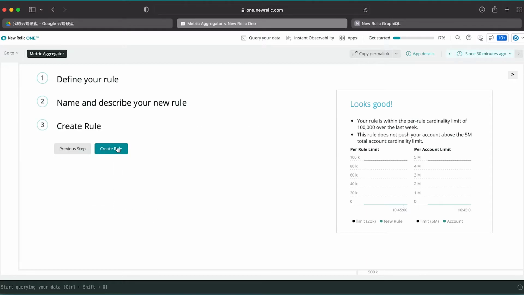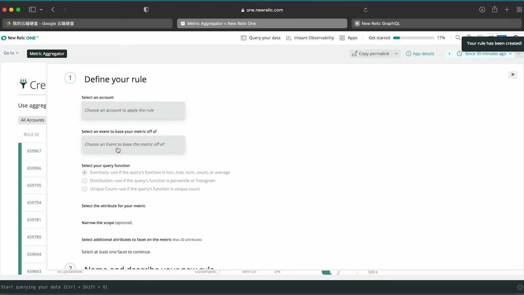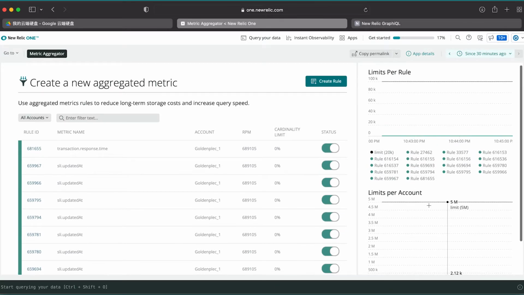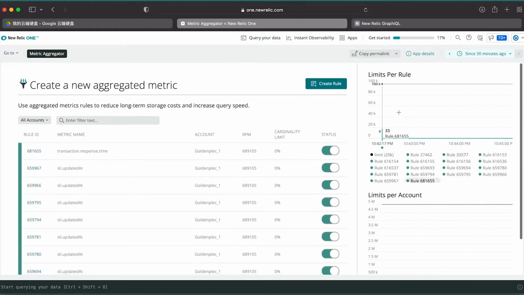Next step, we can create the rule. And we can see the rule has been created. On the right hand side, it will also have a glance of the cardinality limit that we applied for the account.